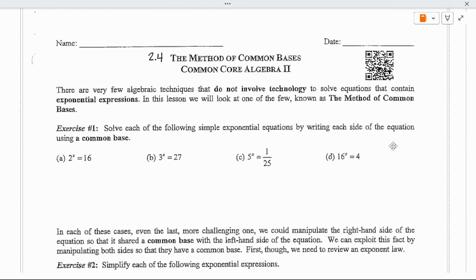Okay. So when we have an exponential equation, remember exponential equations are just equations that have a variable in the exponent spot. When we have an exponential equation, the only way that we can solve these, we're on page 13,